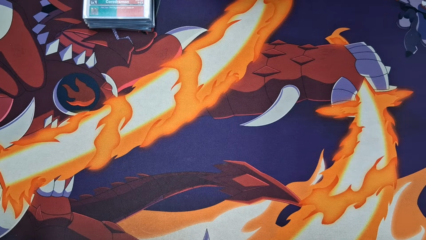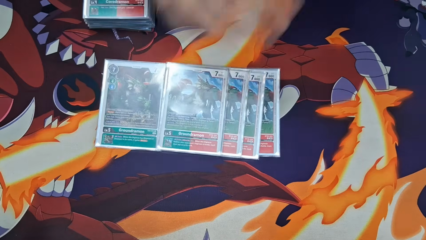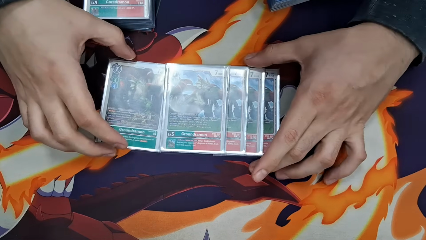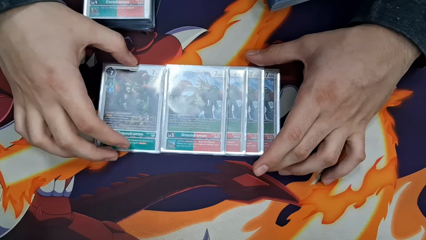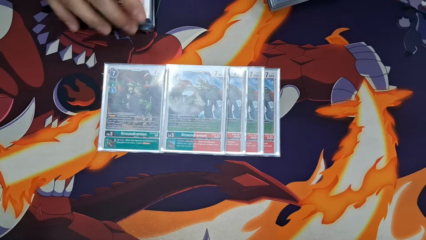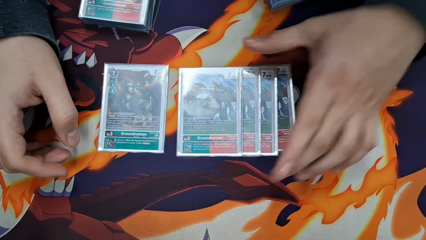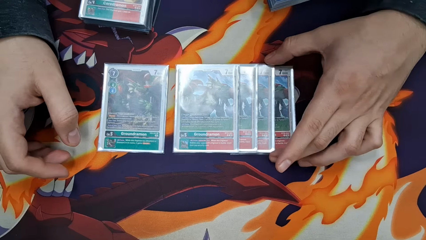For the 5s, I do run 1 copy of the EX3 Groundra, 4 copies of the BT20 Groundra. The EX3 is just for the name that you want because he treats himself as a level 6 during your turn, and he does have end of turn Jogress in case you don't see your Draco X's, but the important one is the BT20 Groundramon because he can stun something for either a Digimon or a Tamer and then stun it for the next turn,